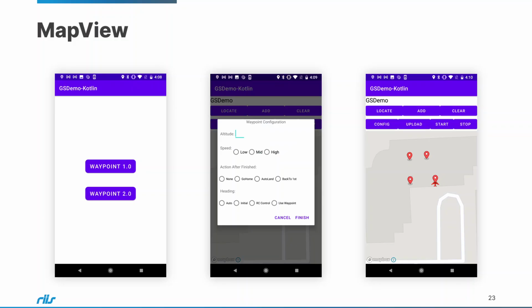Okay, so in the next one we have the map view. In this tutorial, learn how to implement the DJI Waypoint mission feature and get familiar with the usages of the mission control. Also you'll know how to test the Waypoint Mission API. We're also using the Mapbox SDK and the DJI Assistant Simulator. In this case, we have whether we want to go Waypoint 1 or Waypoint 2. The Mavic Pro would be Waypoint 1, the M300 would be Waypoint 2. How do we configure it, and then how do we set it all up so that we can have a simulated automated flight